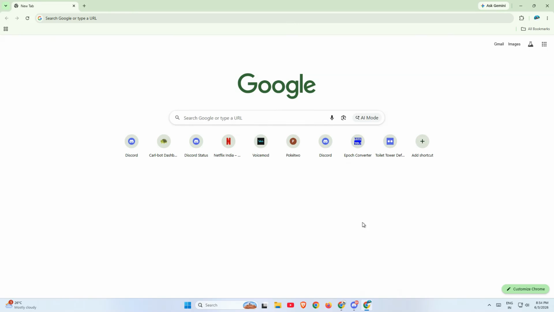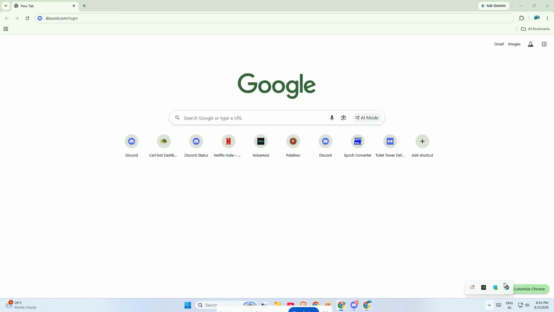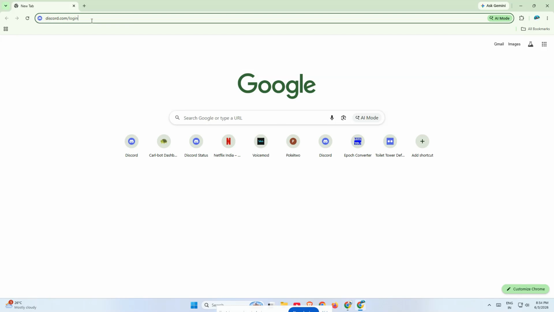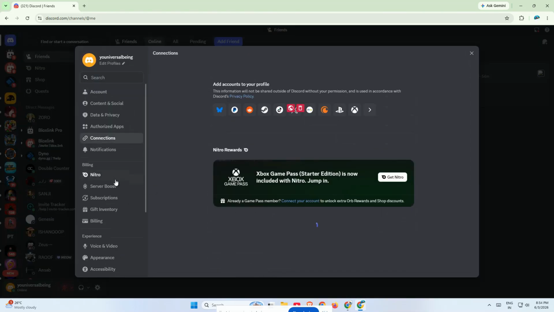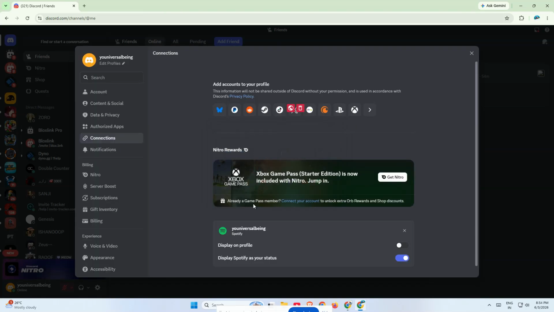The first thing to try is the web browser method. In many cases, the Discord desktop app is the part that's causing the issue, so we want to bypass it completely. Start by closing the Discord desktop app fully. Make sure it is not just minimized but completely shut down. Then open your preferred web browser and go to Discord. Log into your account from the browser version. Once you're signed in, go to User Settings, then select Connections. From there, try linking your account again, whether that's Spotify, YouTube, Steam, or any other service you were trying to connect. In a lot of cases, the browser version handles the OAuth process more smoothly, and that alone can fix